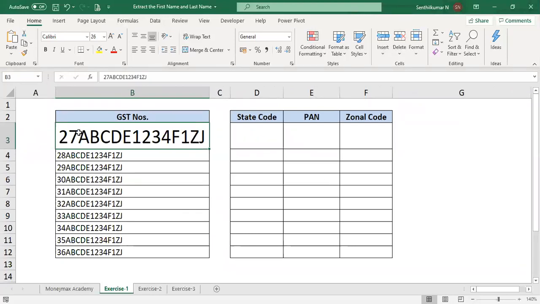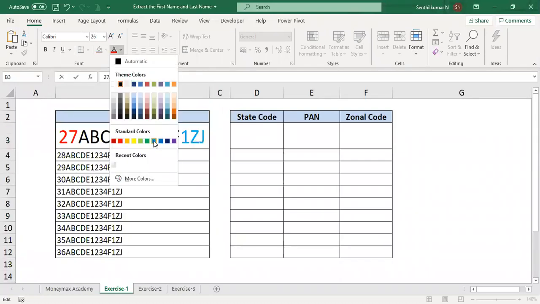Out of the GST number, the first two digits are called the state code. We can give this a color separately. Then the last three digits are called the zonal code. We can give a separate color.